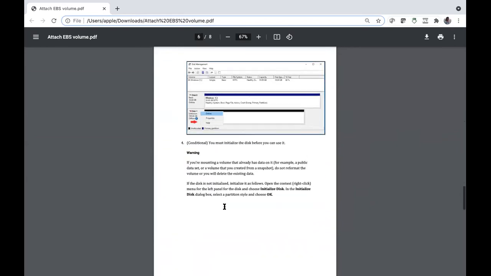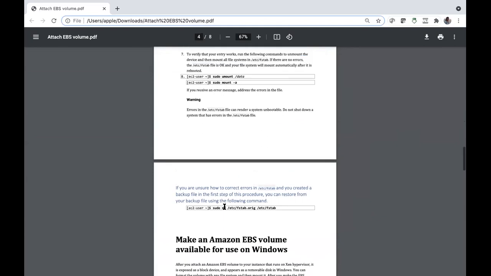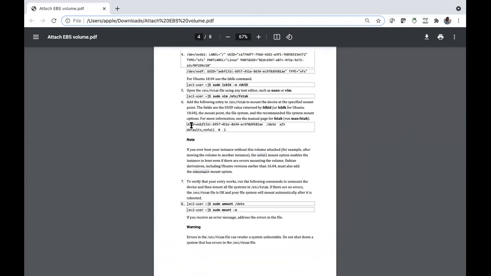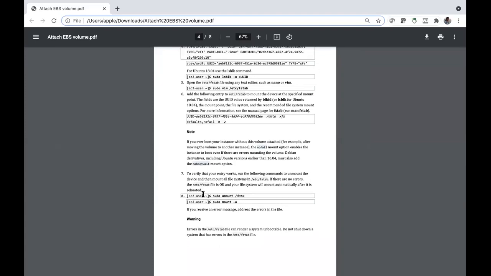And now you have to make an entry. Your entry has to be like this. This is your root file system entry. And we have to give our entry. You mount data.